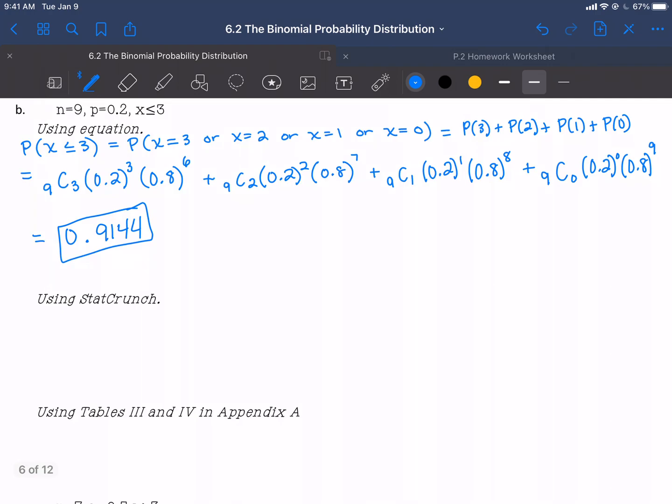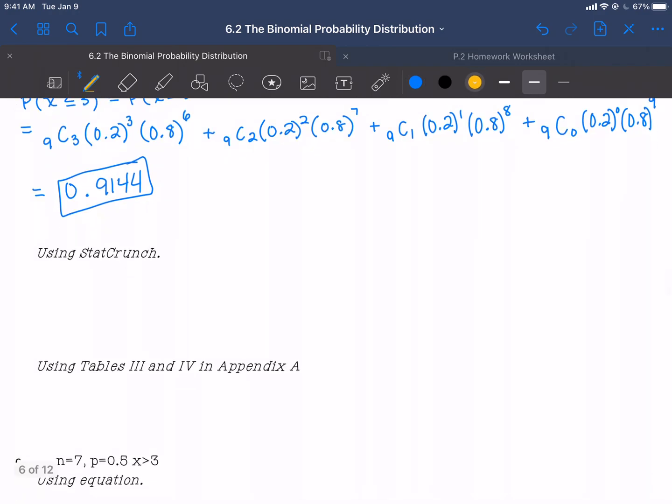All right, when we do this in the table, table 4 shows the cumulative probability. So the row labeled 3 would show the probability that x is less than or equal to 3. It's taking that x value and adding up all the ones before it. Okay, so for here we would use table 4 because it shows the cumulative probability. So row 3 shows the probability that x is less than or equal to 3. So if we go take a look at that,